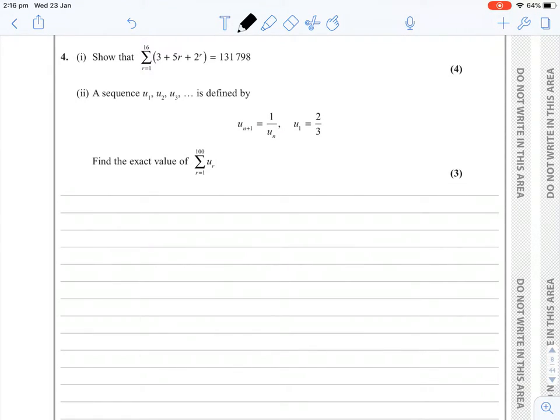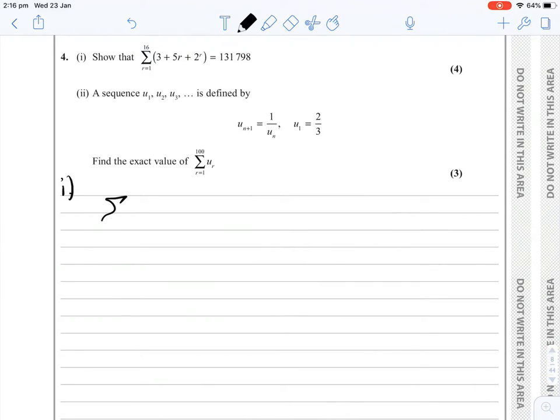Question 4i, show that the sum of 3 add 5r add 2 to the r between r is 1 and r is 16 is equal to 131,798. Now the best way that I could see of going about this question is to split it into 3 different